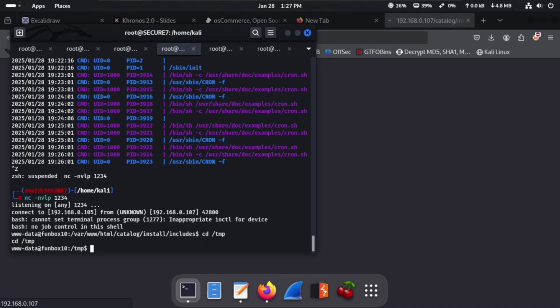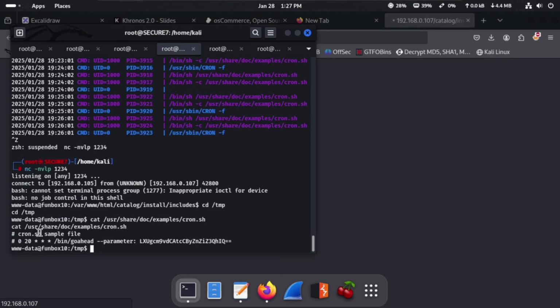So we're trying to get this file and open this file. So here you can see cron.sh is a simple file which has parameters. So here are the parameters. Copy these parameters, and likely it must be base64. So we try to convert the base64 with base64 dash d and